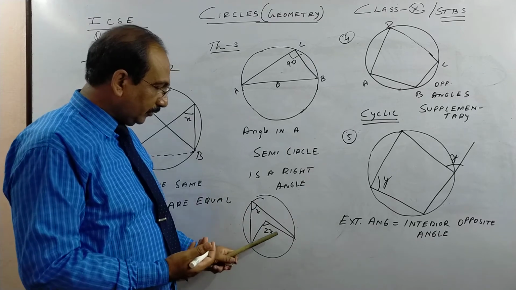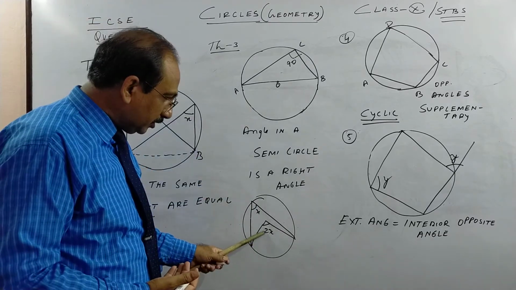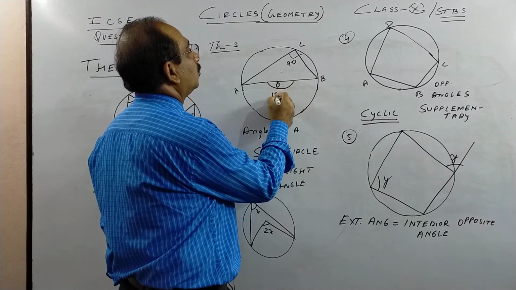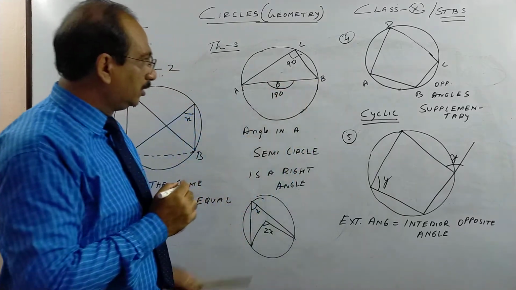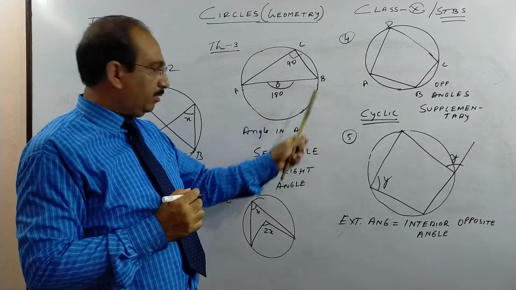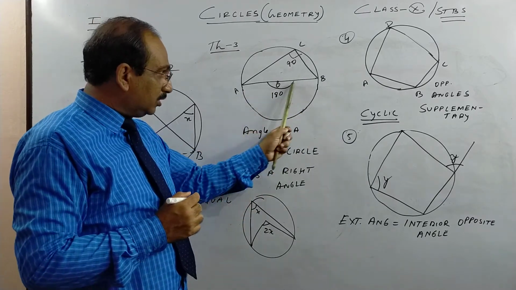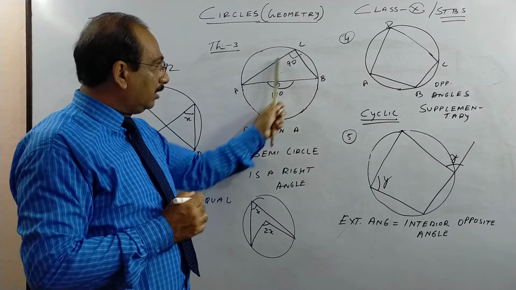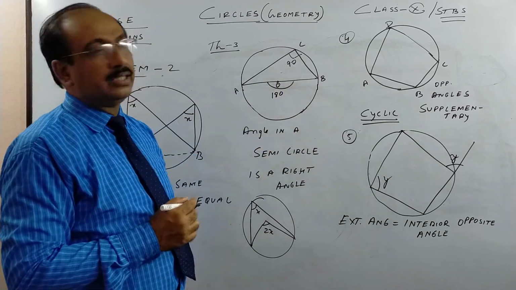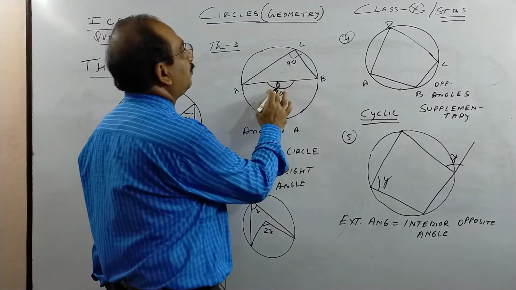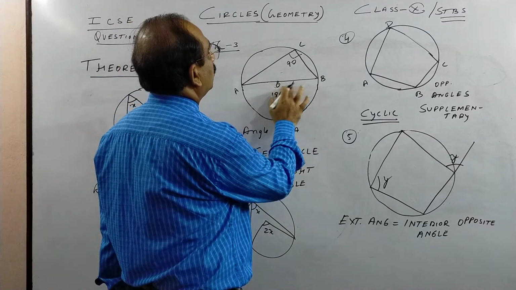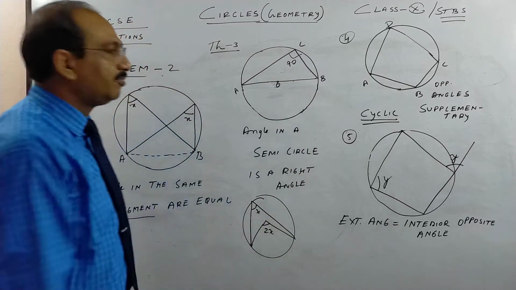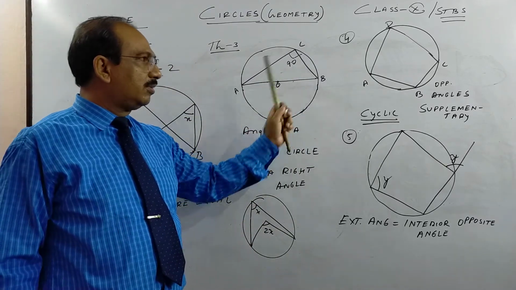Okay, so here if this is 2x, this is x. You know a straight line angle, this is a straight line. So AOB is the diameter. The semicircle is on a diameter, so angle in a semicircle. This is 180, so this is half of that. So the angle in a semicircle is 90 degrees. Okay, so this is the proof. This is a special case of theorem 1, where the angle at the circumference is half the angle at the center. So 180 is half, this is 90.